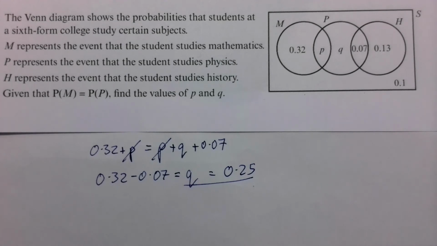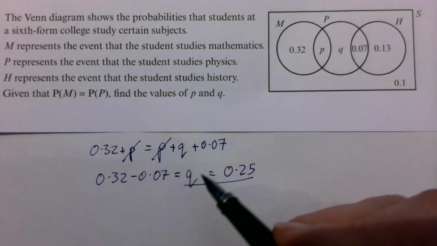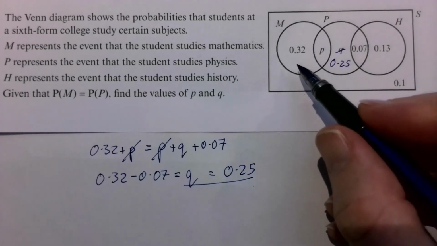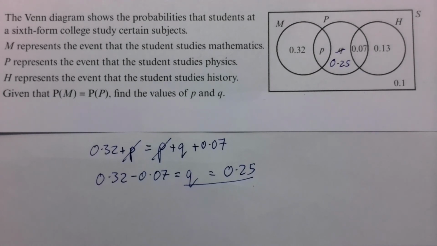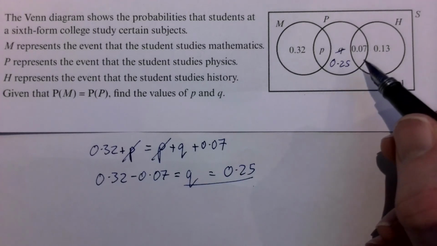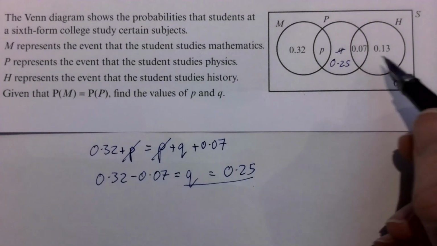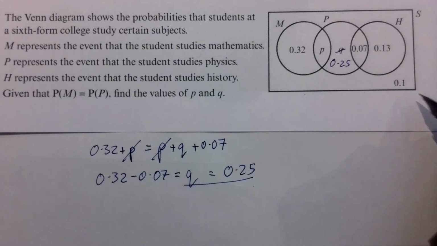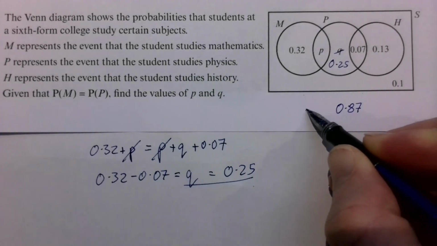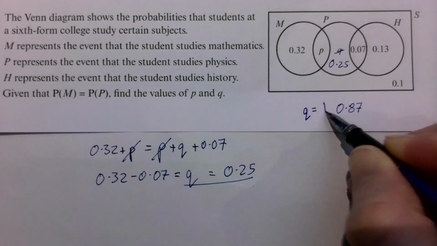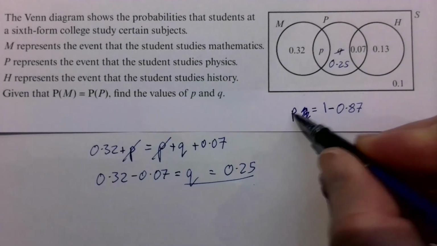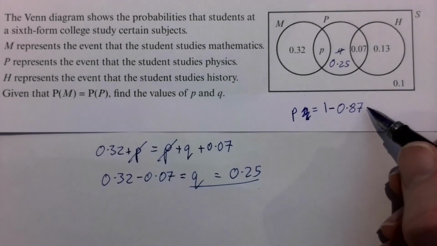Now that I know that, the p's disappeared, so what do we do? Well, we go back over here. We can write in that that's 0.25, and all the probabilities in the Venn diagram have to add to 1. So we do 0.32, add 0.25, add 0.07, add 0.13, add 0.1. They all come to 0.87, and p is what's left, isn't it? So take that away, gives you